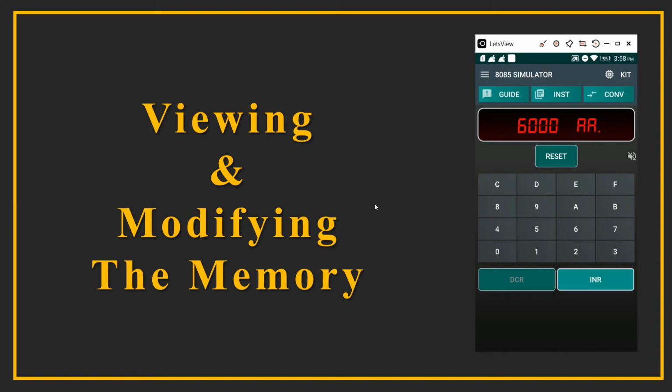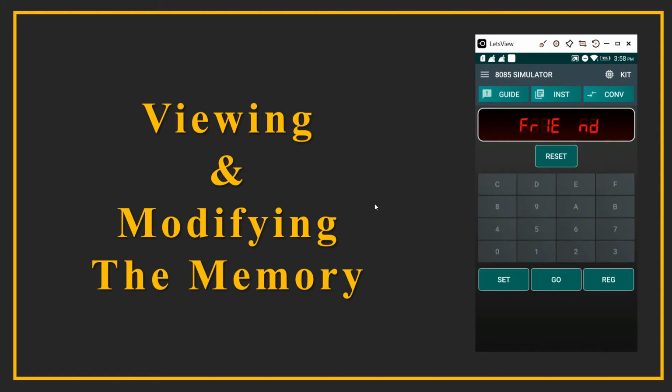Now it should have AA. So that is there. Then BB, that is there. Then CC, that is there. Then DD, that is there. So this is how you can enter the data or the program in the 8085 memory. So now the 4 memory locations have 4 bytes of our interest.